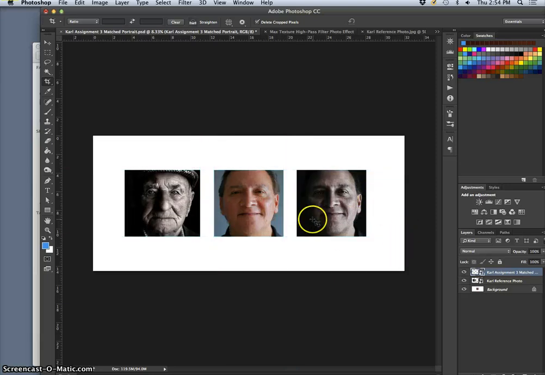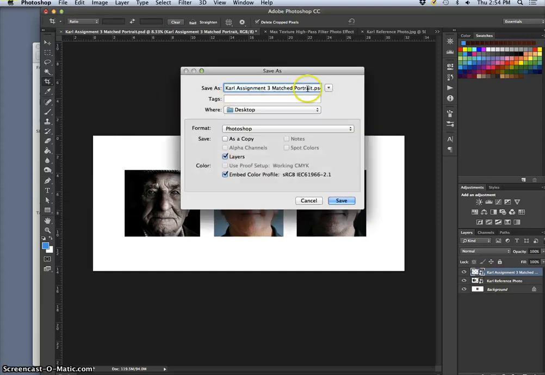And I make sure they're evenly spaced. And this way it's easy for me to see how I made the choices I made. And I'm just going to save this as my matched portrait full process. Well, no, that's not right. Let's see. Full layout